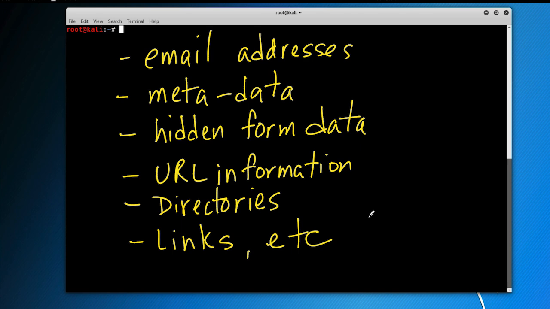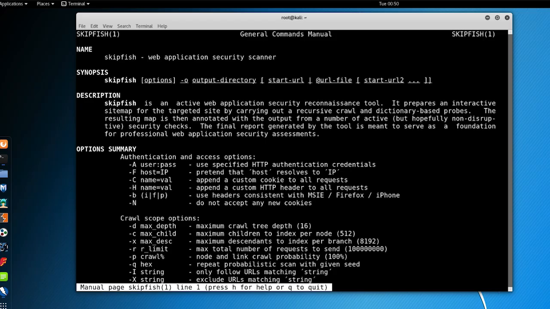Now, there are a few tools that are pretty handy for doing this type of crawling. The first one is called Skipfish, and it is a web application security reconnaissance tool, and in some cases it can be considered a scanner, but it creates a report and an interactive sitemap for the websites that you're testing. This is done by doing a recursive crawl and a dictionary-based probe. So you can even feed it a specific list of known directories